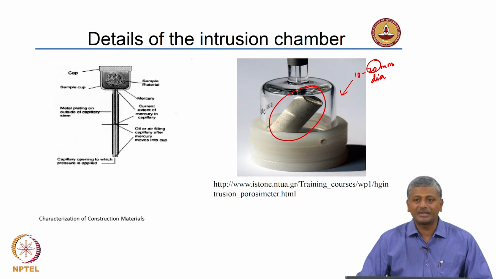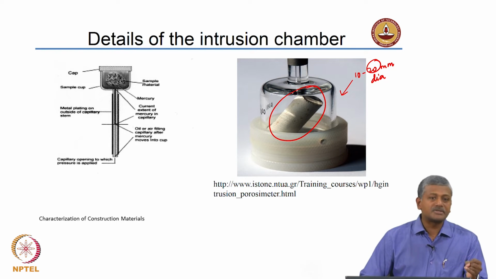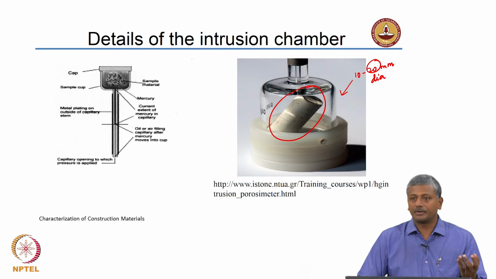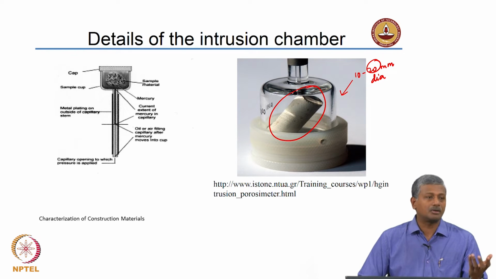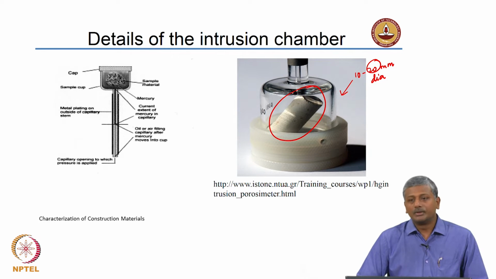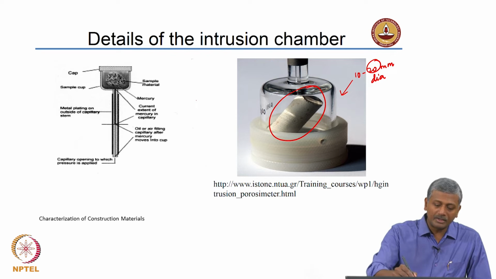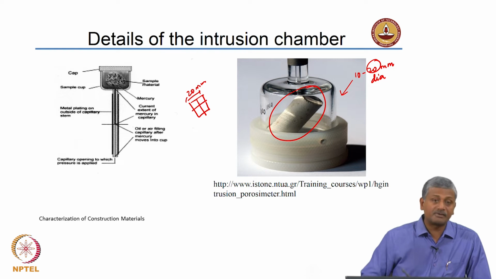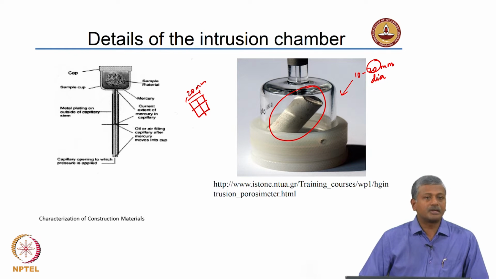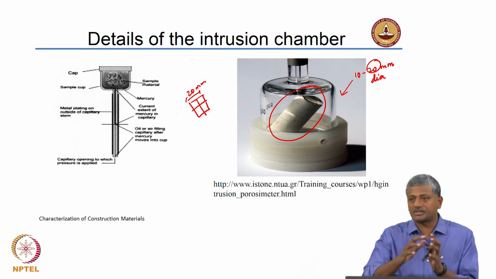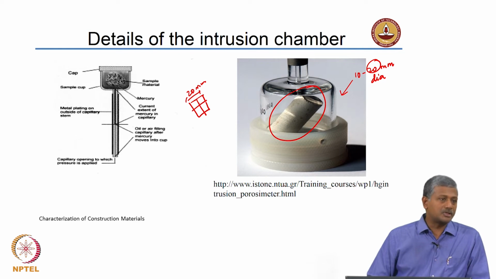So, you need to ensure that your sample is first of all representative of what you are trying to measure. So, what will you do if it is a concrete sample? You tend to avoid the aggregate and only choose the mortar fraction. Okay. And the mortar also, if you have a large chunk of let us say about 20 millimeter size, you will actually break it down into several smaller chunks, so that now you have more exposure on the surface for the penetration to actually happen.